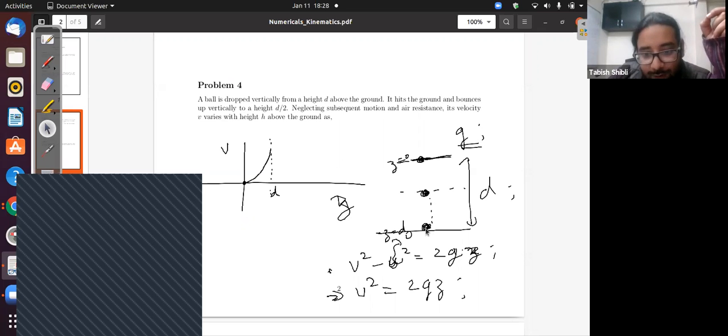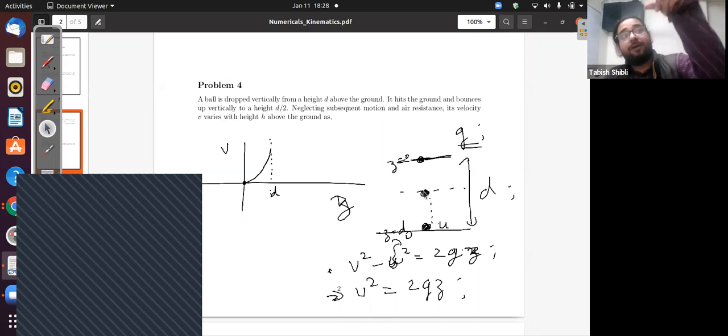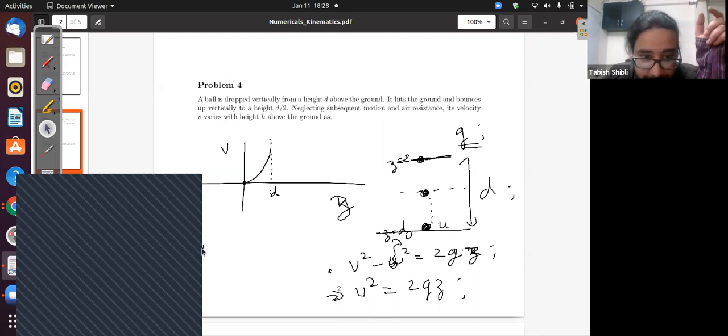You have some initial velocity. Whenever it comes down, it has some velocity, it strikes, and it's moving at some other velocity. Let's call it u. We know that the final velocity, when it goes up to the top, is 0. So what do you have? You have v square minus u square is equal to 2